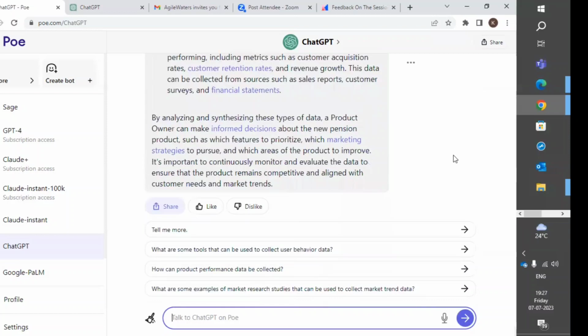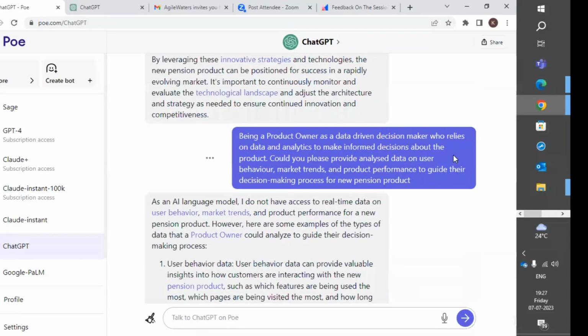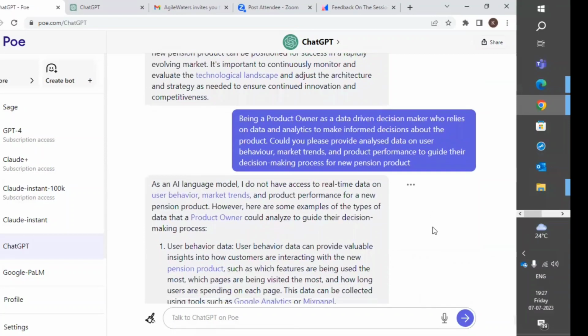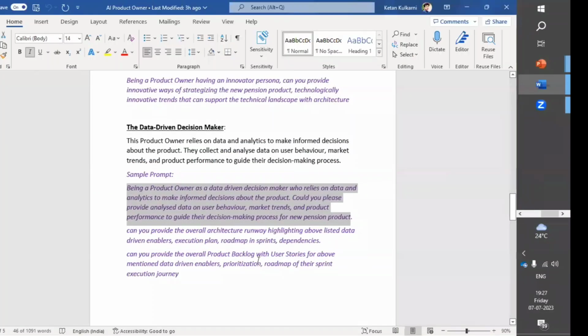So again, there is a prompting error from me, which I have not prompted correctly, because I'm directly asking that I'm a decision maker who relies on data analytics, could you please provide analyzed data? So when I say analyzed data, I'm trying to say to GPT that you already did this, which the system will not be able to respond back to me. So let's see, in addition to this, how I can correct myself. So if I really give this again,